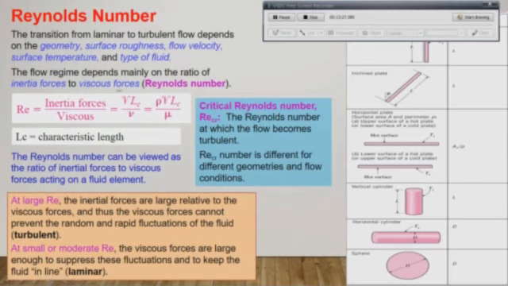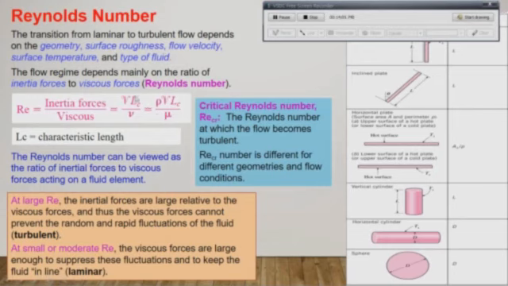The Reynolds number is basically the ratio of inertial forces over viscous forces. So the formula is given by rho u Lc over mu. Rho is the density, u is the speed. Lc in this case is the characteristic length, so this one very much depends on the geometry as well as the direction of flow, divided by mu. This one is the viscosity. So normally I prefer to use this one rather than this one.